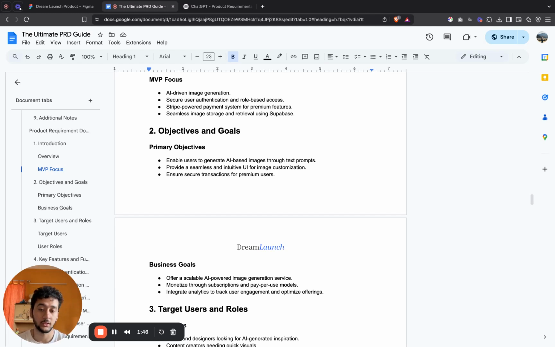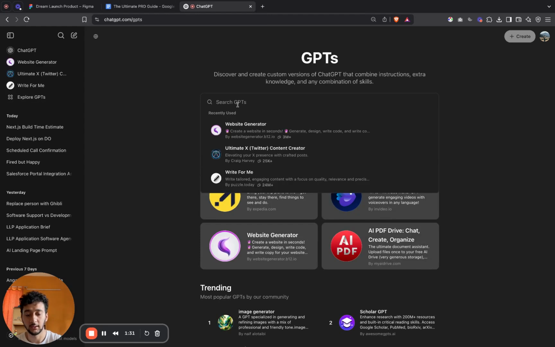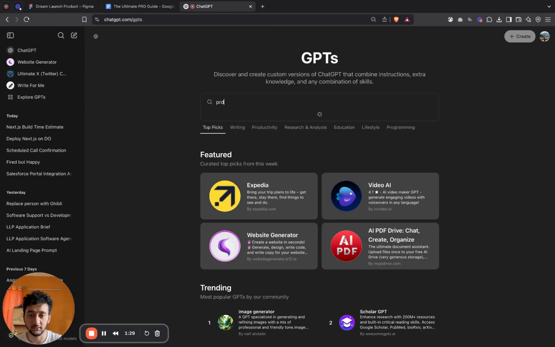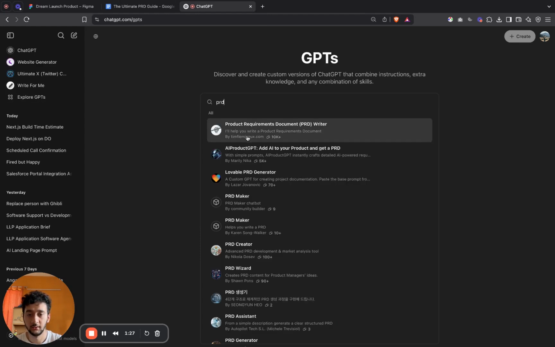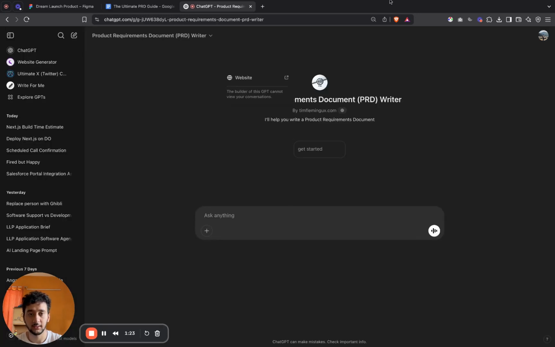But if someone wants to craft a PRD, then this is how I usually go about it, and this is how you can start off. So you can go to ChatGPT, and I usually go for this extension called Product Requirement Documentation. If you just click on Explore GPTs, the first thing that will pop up under PRDs will be this exact thing. And if you go to start a chat and let's say I ask it, hey ChatGPT, I want